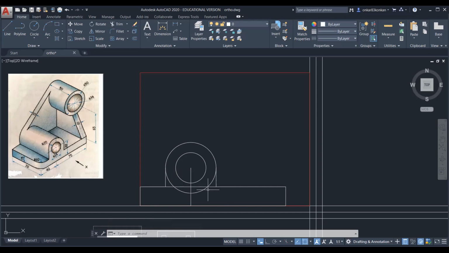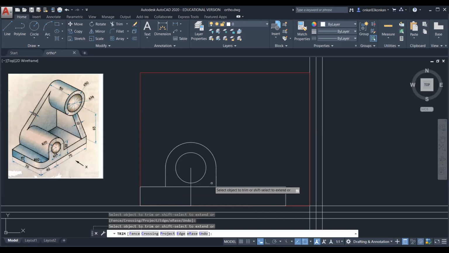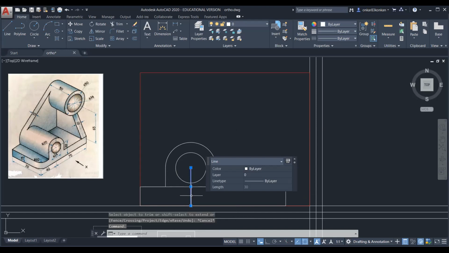So you can use the trim command. So for the trim command, just type tr and then press enter 2 times and just select the part which is to be removed. Okay. And then you can delete this line.